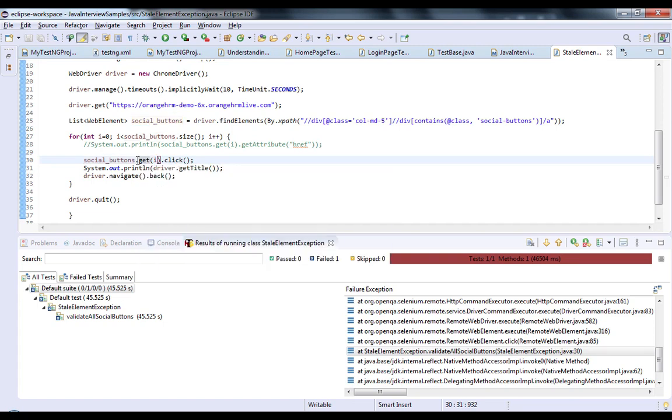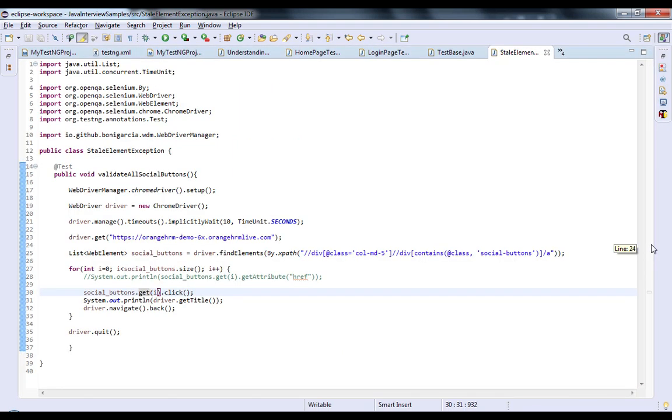So what's the solution for that? There is only one solution for it, guys. Like I said, Selenium holds some properties. After the page gets refreshed, those properties get refreshed. Now when it fetches that element, the element is present, but the properties have changed. Therefore, Selenium is not able to recognize or work on that element. So the solution for that is